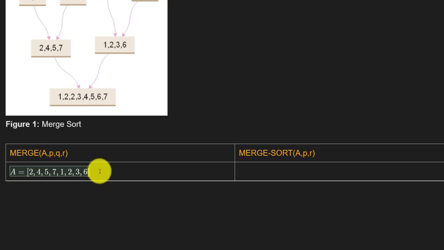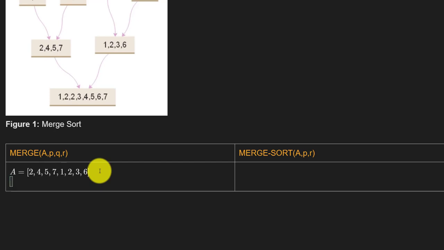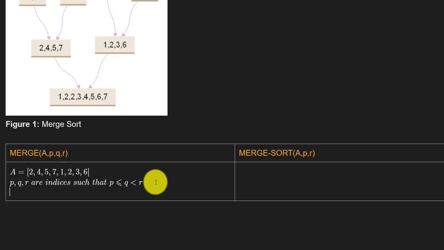Now let us try to define P, Q, R. P, Q, R are indices of the array such that P is less than or equal to Q, which is less than R. For our array, the value of P will be 1, which is the first element. And the value of Q will be